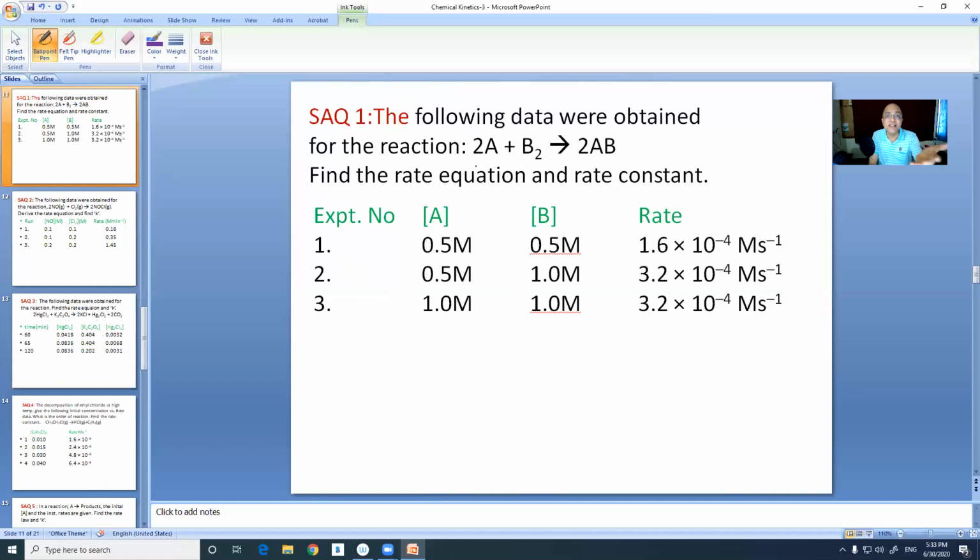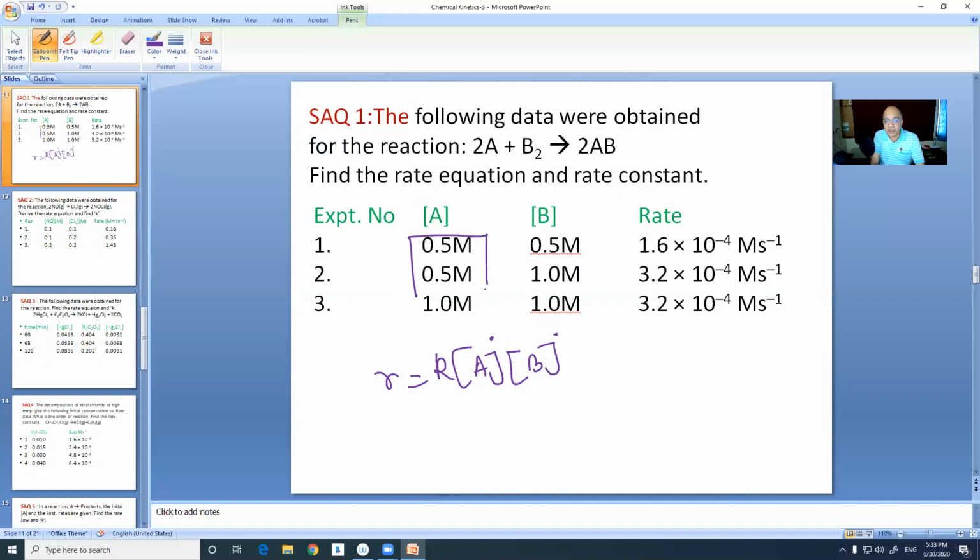Let me tell you in advance, if it is an elementary reaction, a one-step reaction, then the stoichiometric coefficient will be the order. But if it's a complex reaction, the order changes. The stoichiometric coefficient no longer remains as the order. Sometimes it becomes a fraction, sometimes less than that, right? So here, immediately write down the rate law, leaving the powers. These powers you leave, that we will be putting.